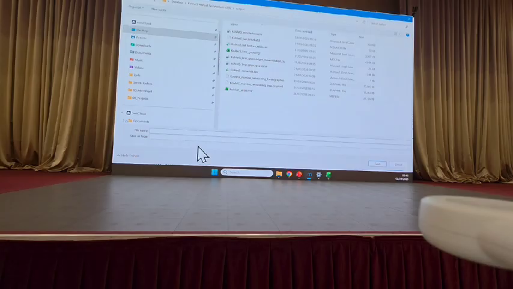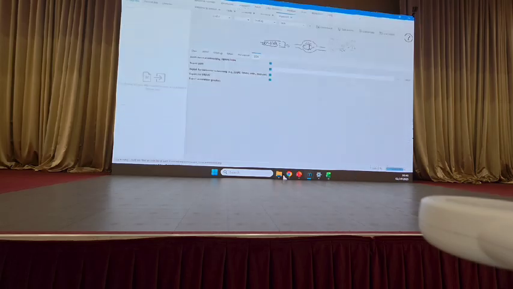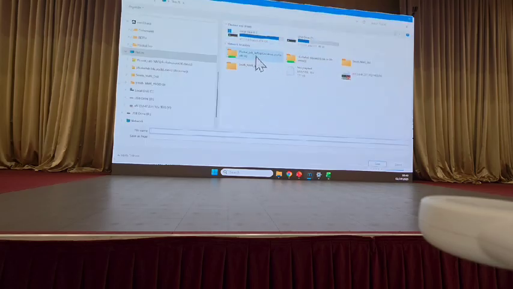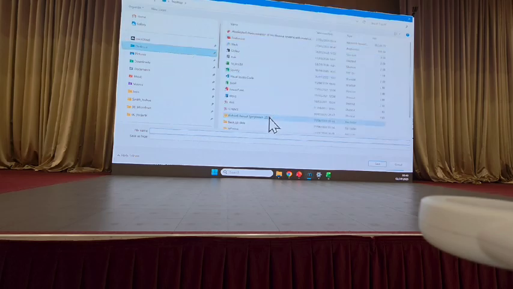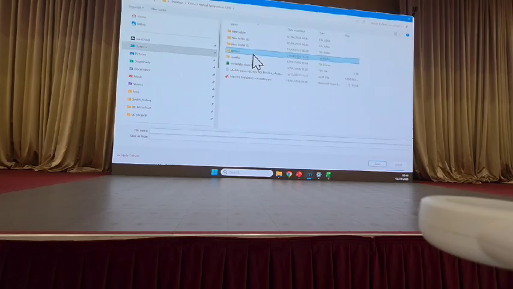Okay, I'll just use this output folder, and I will name this